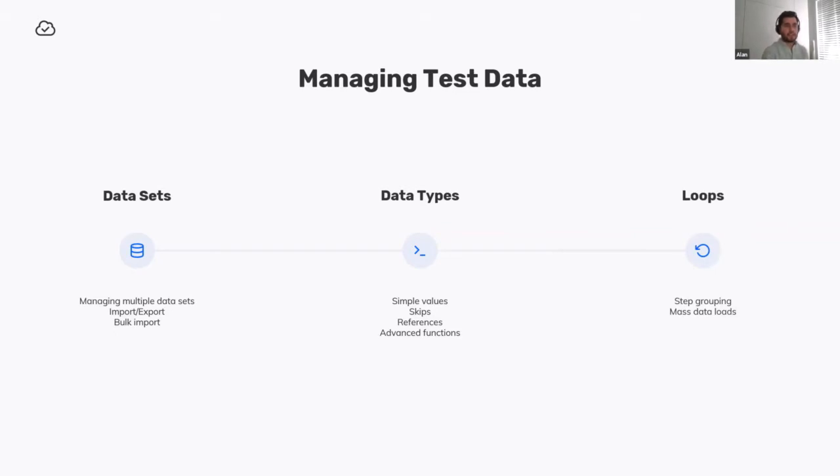And in the end, I'm going to touch on a concept which we introduced in Qualibrate 2.0. In Qualibrate 2.0 it was called iterations, but now we introduced it at a different level because we are able to do step grouping with chapters or tasks. I'm going to show you a demonstration of how we can utilize these in a use case. For instance, you want to create multiple quotations in SAP. So I'm going to show you a very concrete example of how to use loops to generate multiple quotations in one go. All this together are the 3 sections I'm going to focus on during the demo. And hopefully you guys like it.